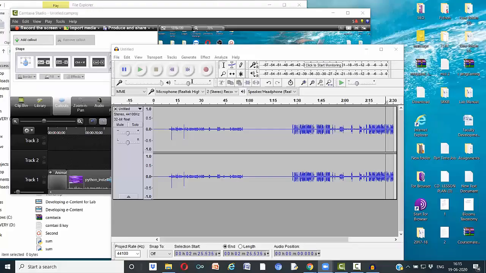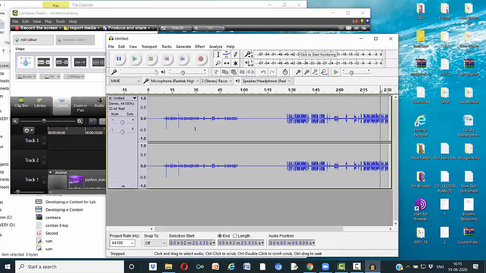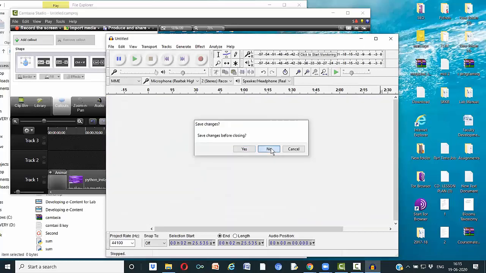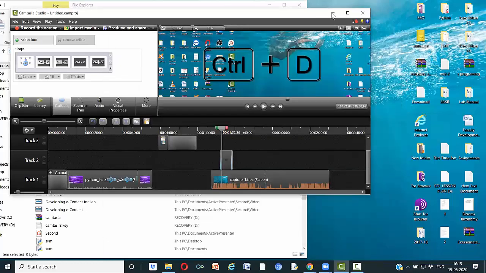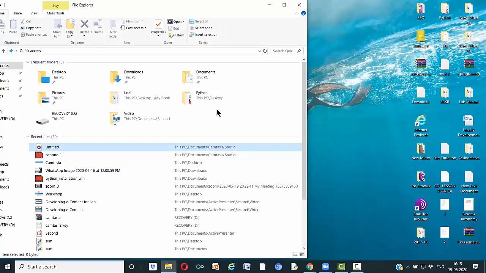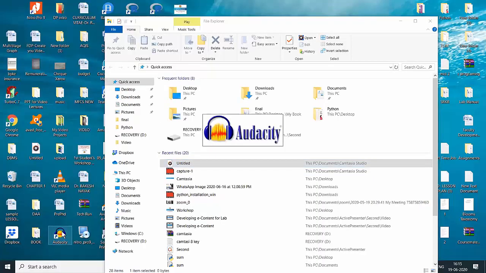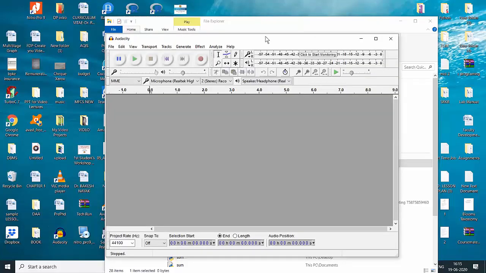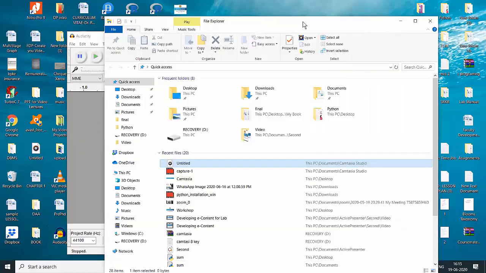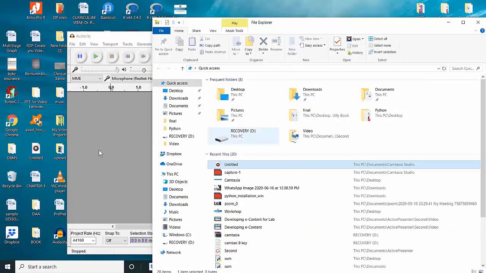Okay. Now, what I did, you have not seen, no? Again, I'll do it. I'm not going to save changes, and I'm going to minimize this. Whatever audio that I have removed, it is available. Now I'm having this Audacity software with me. Now I can drag this file to here,